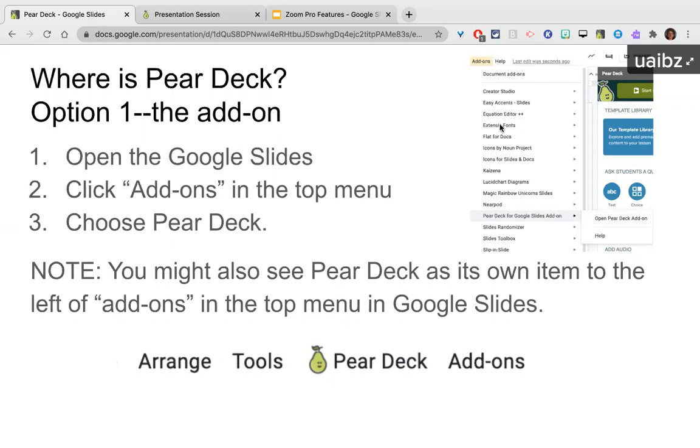Right now it's showing alpha order, but I guarantee you that is not always the case because sometimes PearDeck is like the second one from the top. When you hover over it, you'll notice that it says Open PearDeck Add-on. However, the other place you might see it, and this is where it is on mine now, is in your top menu where you have File, Edit, Arrange, Tools,